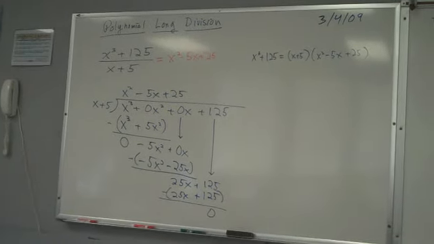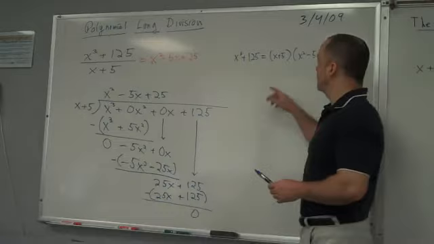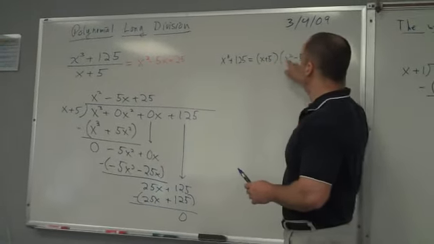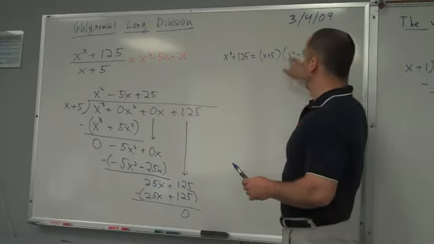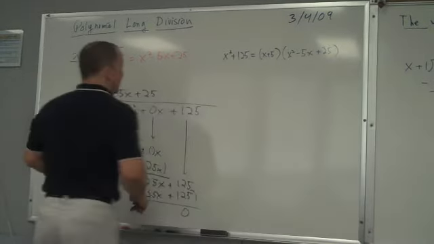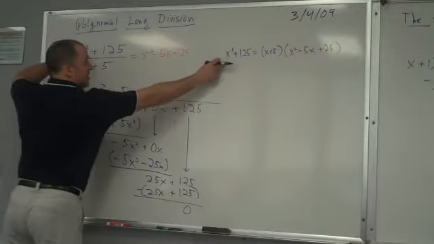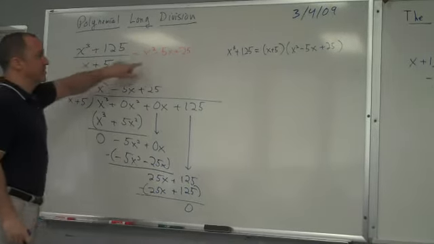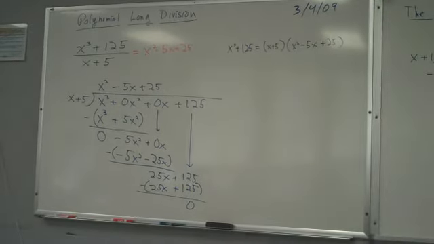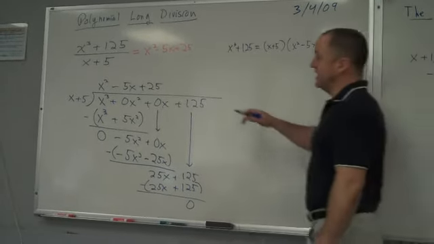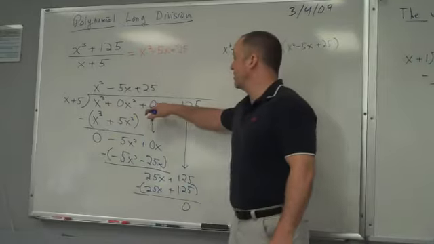So there will occasionally be a little cheap trick like that, where on the last test you were asked to memorize that this times this equals this. And if you know that this times this equals this, you should also know that your answer divided by one of your factors is going to equal the other factor. So if you recognize that trick, it could have sped that up. But if you didn't, you have to work it out, and that's a great example for